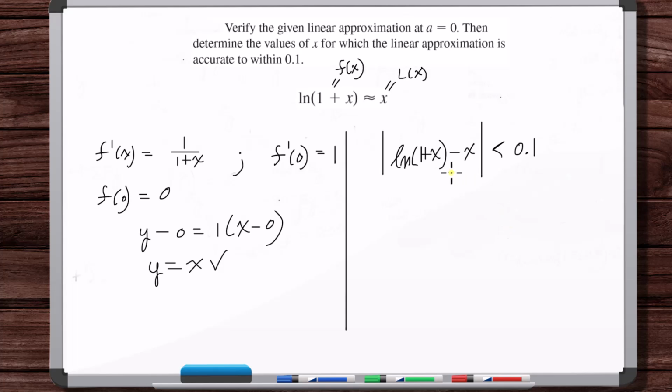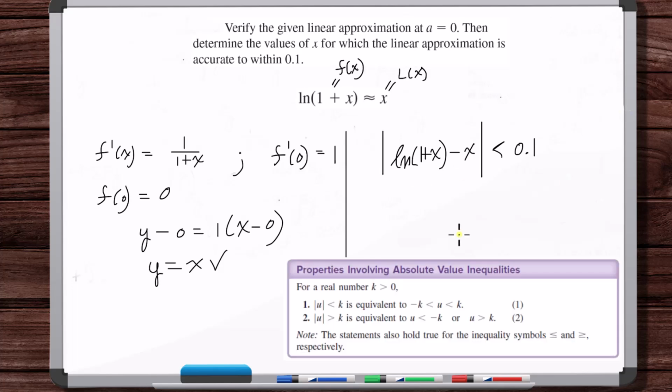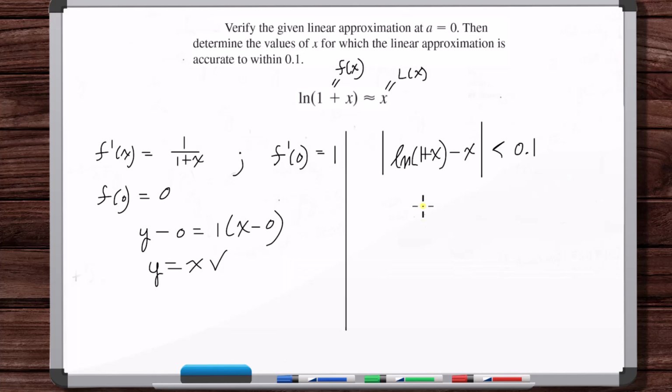That's what we need. This is an absolute value inequality that we need to solve. If you remember from algebra, if the absolute value of some expression is less than a constant, then that's equivalent to this compound inequality. So that's equivalent to the natural log of